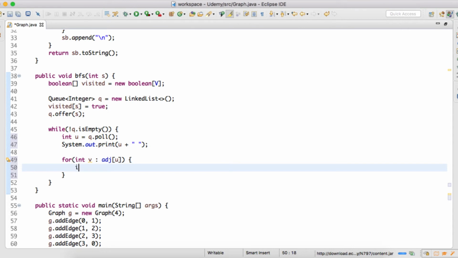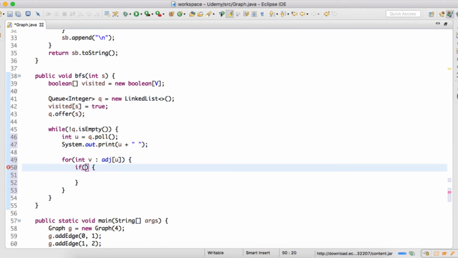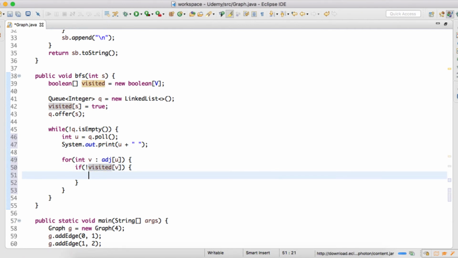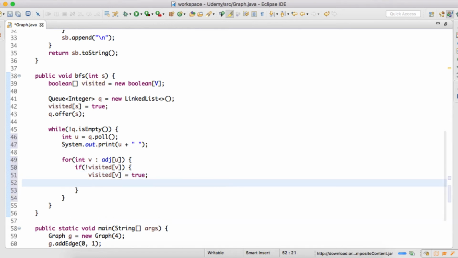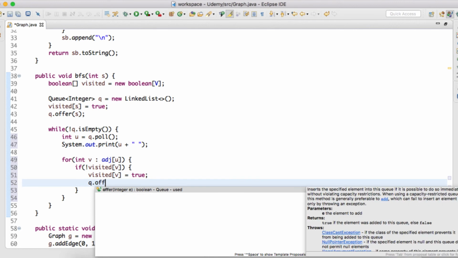Moving ahead, we check whether v is visited or not. If it is not visited, then we mark it as visited by assigning the value true, and then we offer it to the queue.